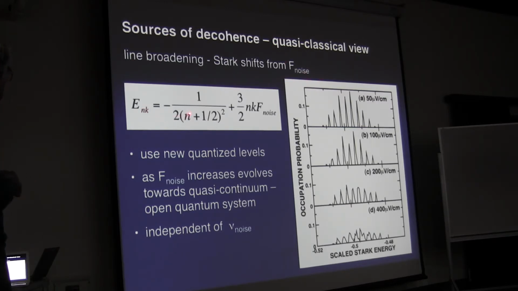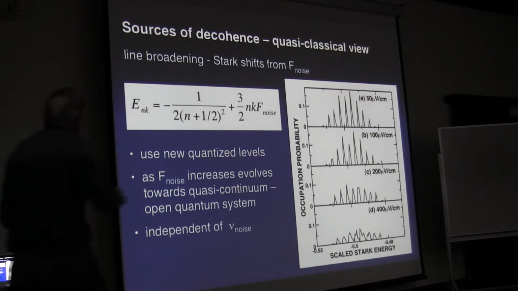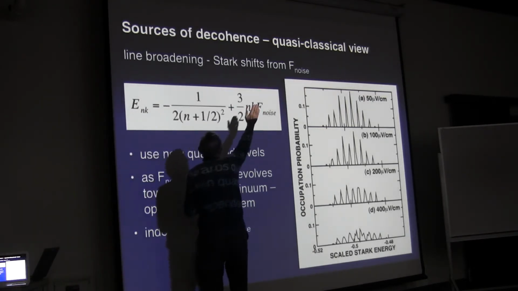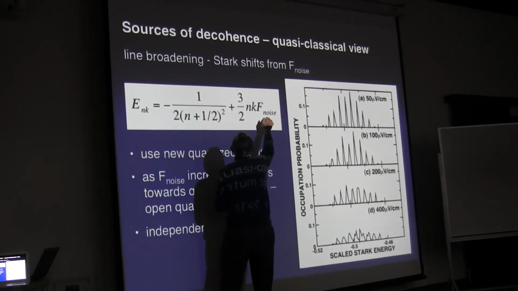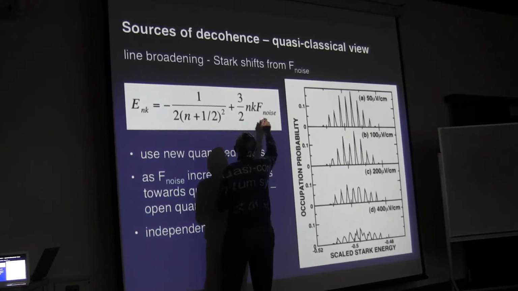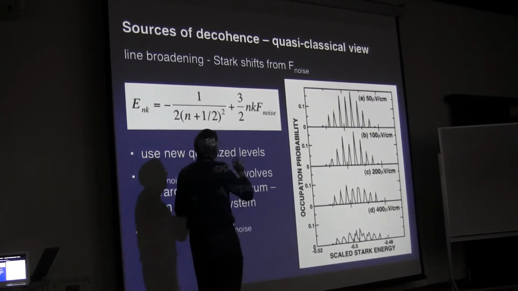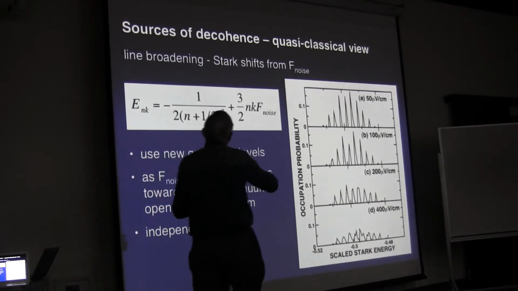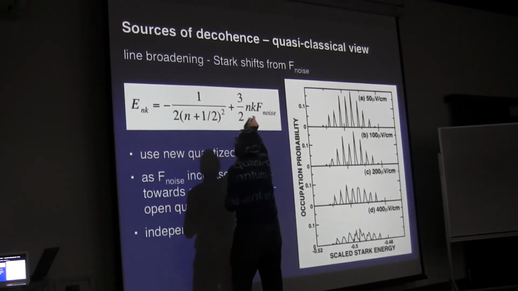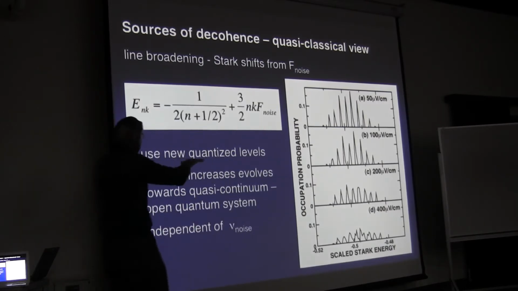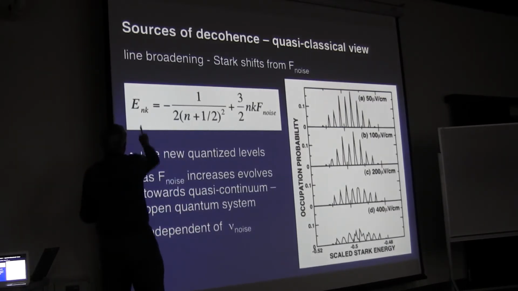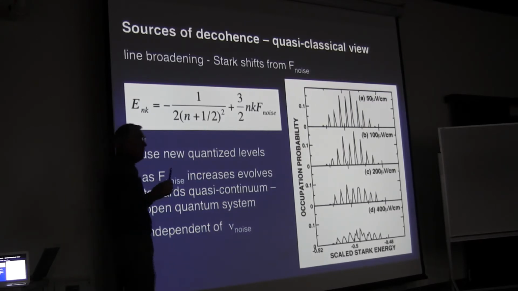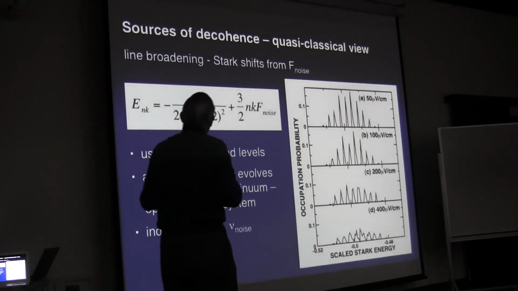These are the Stark energy levels when you have noise present. If you have no noise, you just get these energy levels. But now when you introduce noise, you get additional energy level shifts governed by K. And since we have a random distribution of initial orbits, we have a broad distribution of values of K. So this means that you now get a whole new range of energy spacings, which are just taken by dE by dN, gives you the frequencies that correspond to those energy spacings.